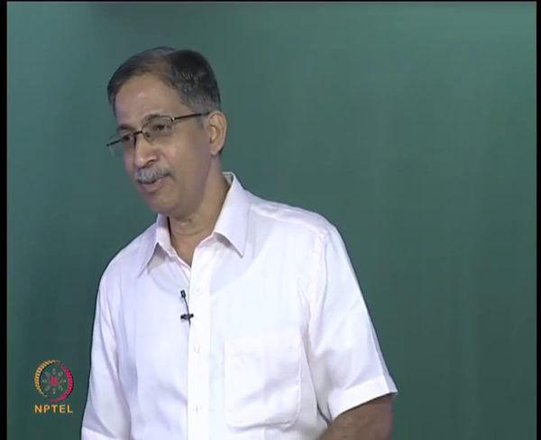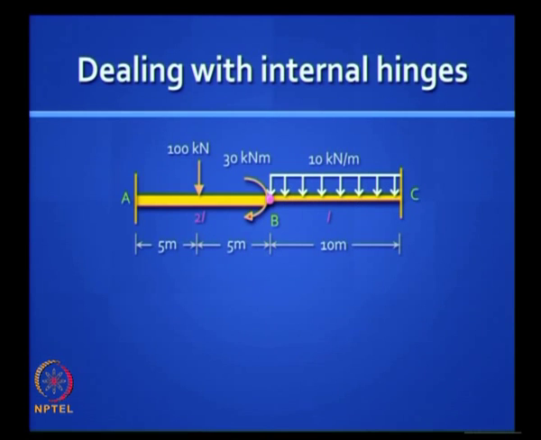Now we've almost covered everything, but there are a few more tricky issues to cover. I want to deal with a problem we normally avoid in structural analysis. How do you handle internal hinges? Remember we did this problem yesterday. Now I have inserted an internal hinge at B. Slope deflection equations, you will find it difficult, right? Moment distribution, find it difficult. Matrix method, let's see how to handle it.